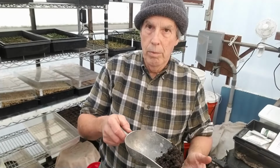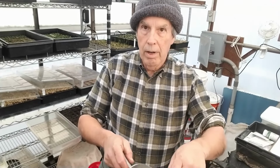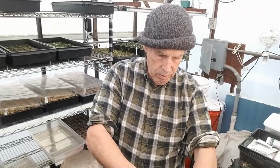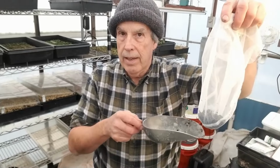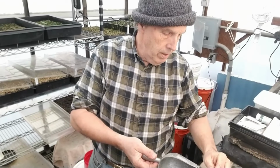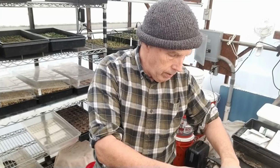Okay, to make the worm extract, all we're going to do is take a couple of tablespoons of worm castings and put them in our handy dandy mesh bag. Then we'll use a strong stream of lukewarm water to run over the bag in a container, and it will knock off all the good stuff from the castings into the container. And that's all there is to it. I think we've covered this before in other videos, but I just wanted to review that,